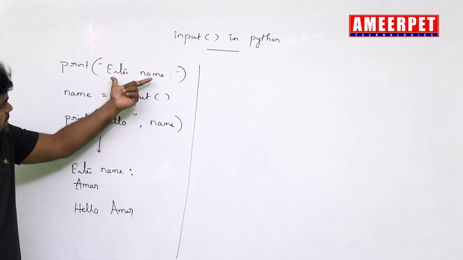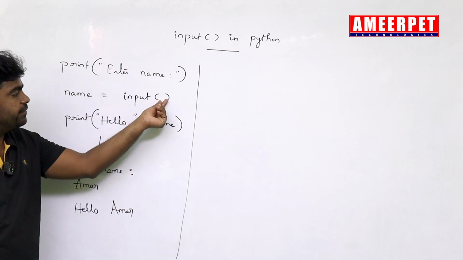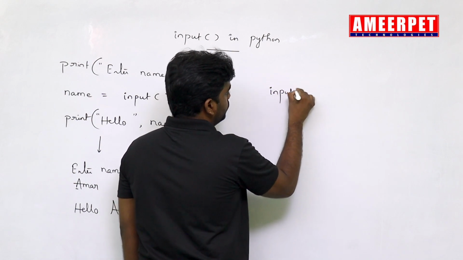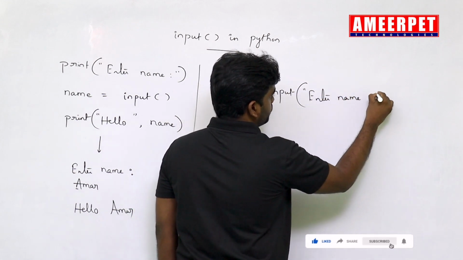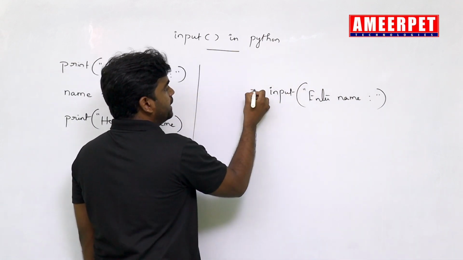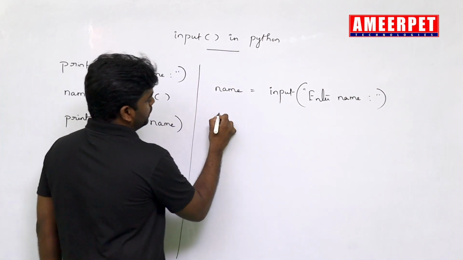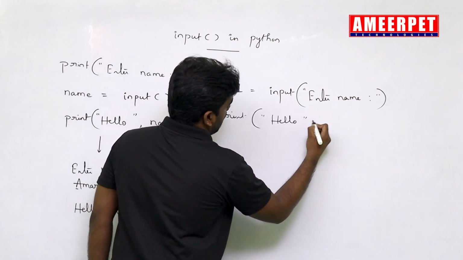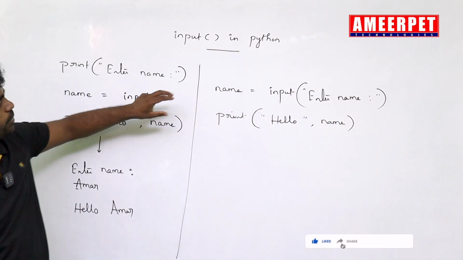Simple. And whenever we are using input, instead of specifying the message using the print function, you can give the prompt directly here, like this: input, enter name. Then first this message will display, and what they entered we collect into this name variable. Then we print the message hello comma name. What's the difference here? Instead of writing 3 lines of code, you can simplify it into